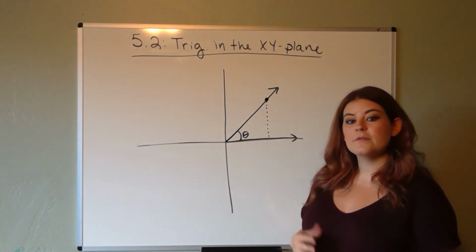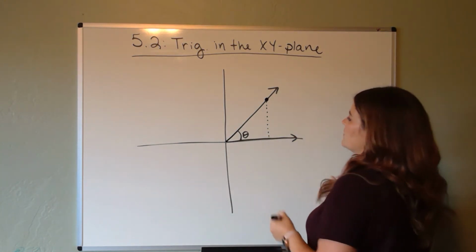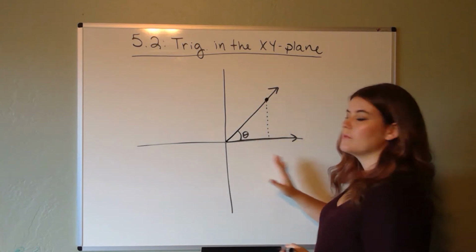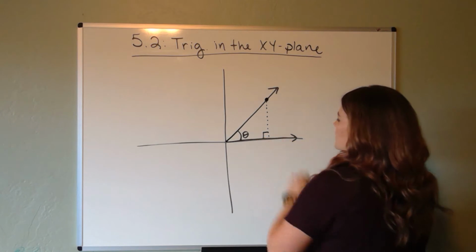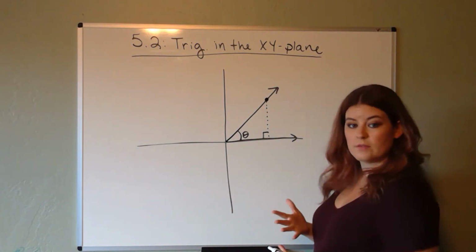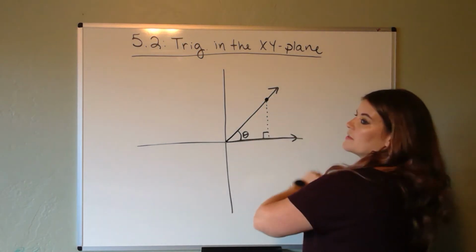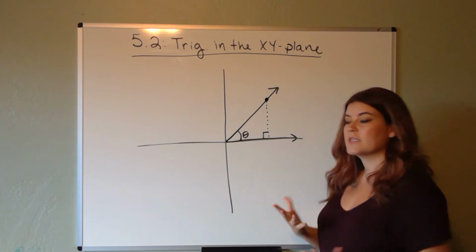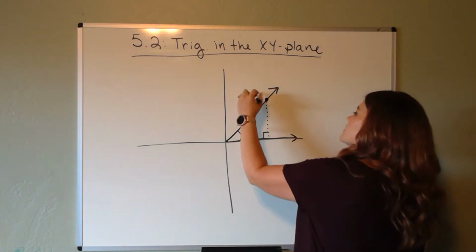a line down? I know it's not really there, so I've dotted it in, but if I drop a line down, can you see that we have a right triangle that we can work with? This would be the right angle here. So let's find some values. This point that I picked, because it can be any point, this is going to work for all points in the plane. I'm going to just call it